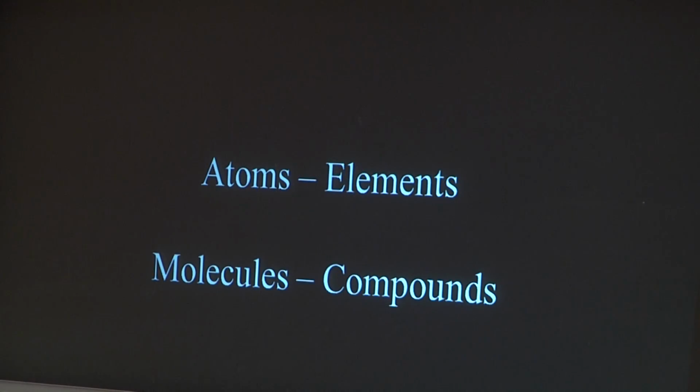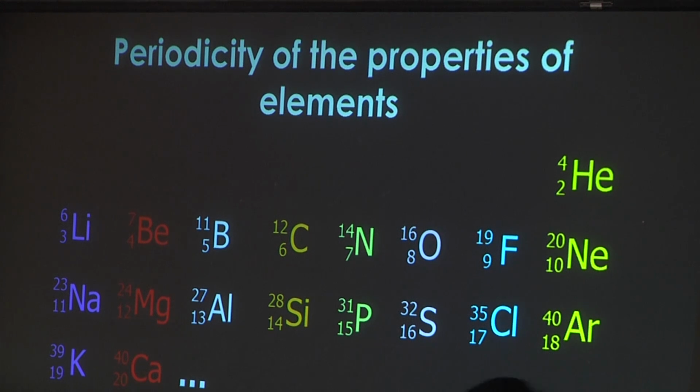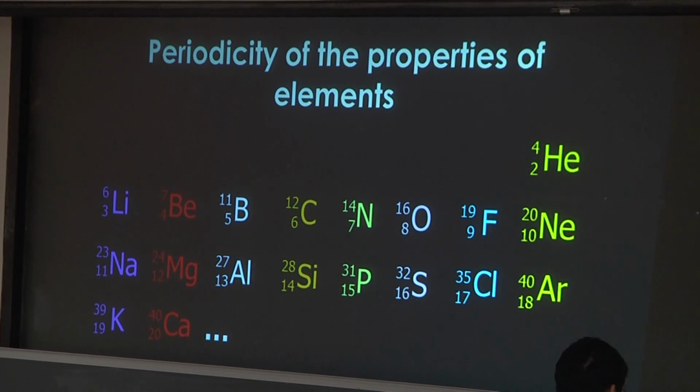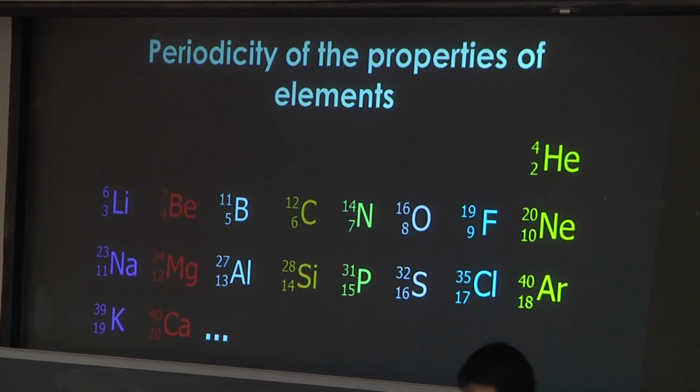Okay, we looked at atoms. Now we're going to look a little bit at elements. Way back in 1869, do you remember when Dalton developed the atomic theory? 1802, or 1802, 1803. This was 1869. And 2 chemists, a Russian named Dmitri Mendeleev, and a German, I think, named Meyer,